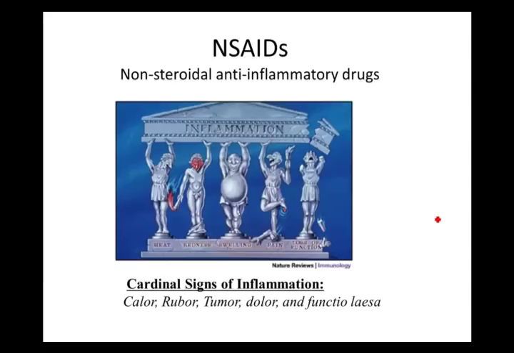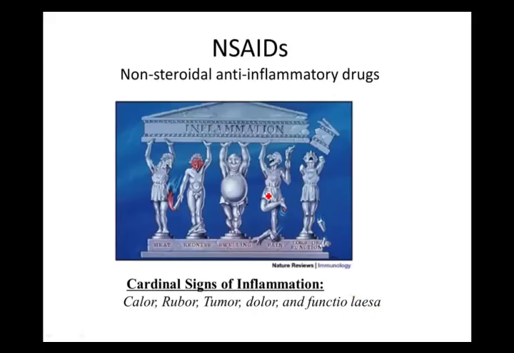So remember back to your signs and symptoms. You know, the classic descriptions of inflammation are old. They're referred to as the cardinal signs of inflammation. And essentially it's heat, redness, swelling, pain. Those were the original 4 cardinal signs. And then a couple centuries later, they decided to add the descriptor loss of function. So that's depicted here by these ancient Roman or Greek symbols depicting calor, rubor, tumor, dolor, and loss of function,